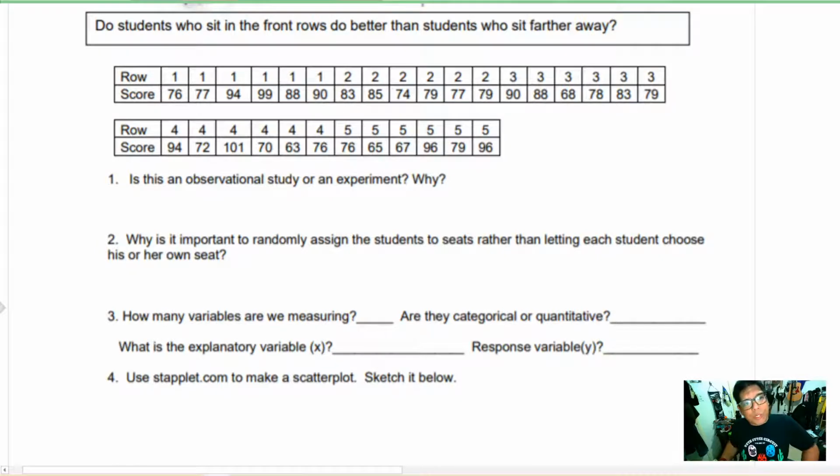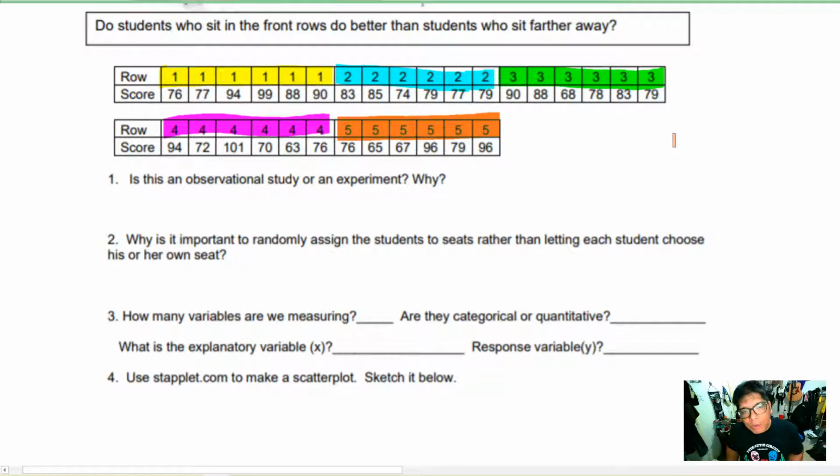We got some students in row 1, some students in row 2, some students in row 3, some students in row 4, and some students in row 5, that coveted last row of seating. We also have the test scores that these students had on a recent test. It doesn't say which test. So